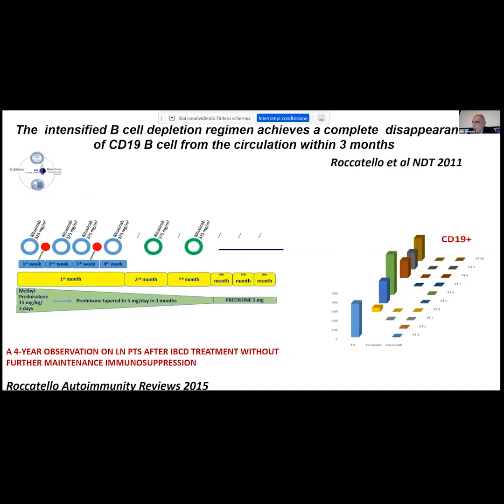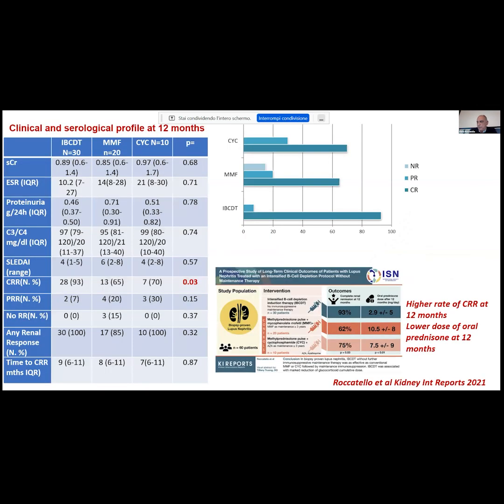Some years ago, we found that a combination of 4 plus 2 doses of 335 milligrams per square meter of rituximab and 2 pulses of low-dose cyclophosphamide given intravenously, plus corticosteroids, could achieve a complete and long-lasting CD19 cell depletion. And we recently performed this case-control study that compared the effectiveness of this intensive B-cell depletion regimen